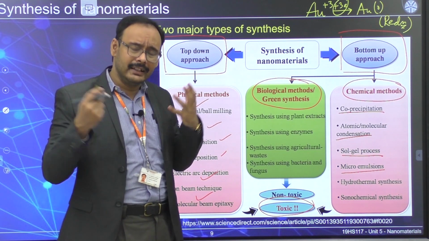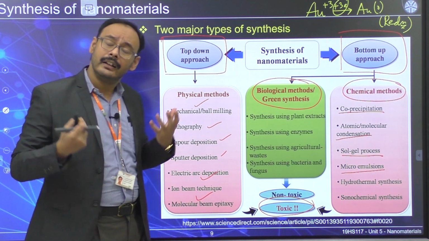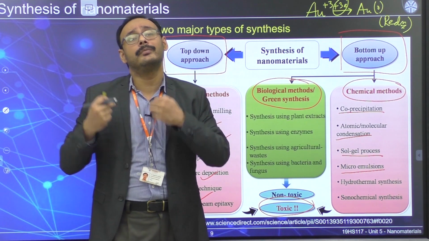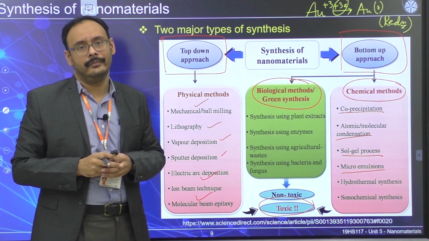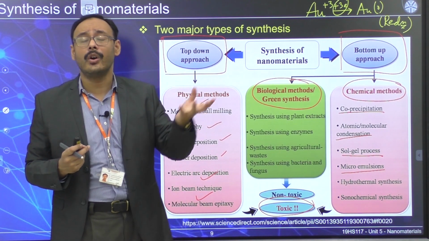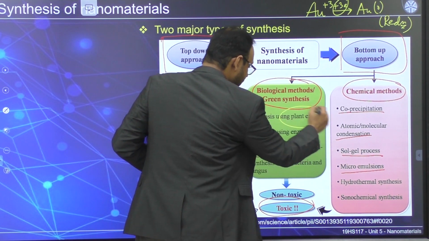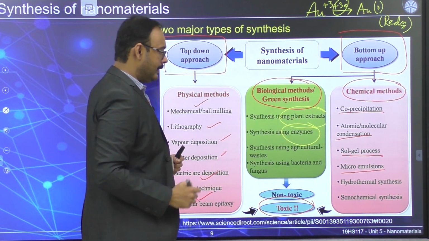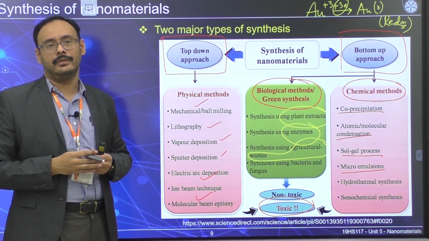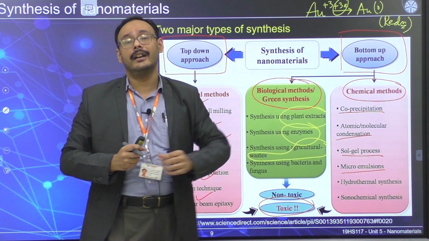Now in most cases, the reductant that we use, or reducing agent also you can call them, are sodium borohydride or any other chemicals which are capable of donating those 3 electrons. Now people have found out that you don't really need that kind of strong reducing agent. In fact, there are some plant extracts, some enzymes, some agriculture waste which may also be used as reducing agent to actually give you that kind of reduction.